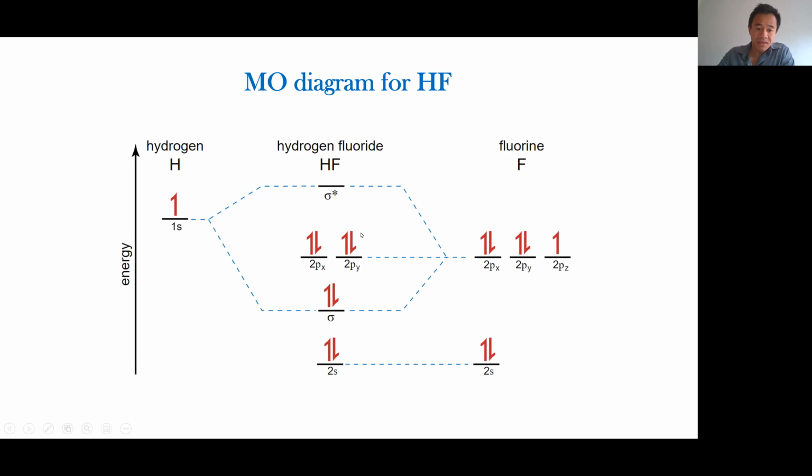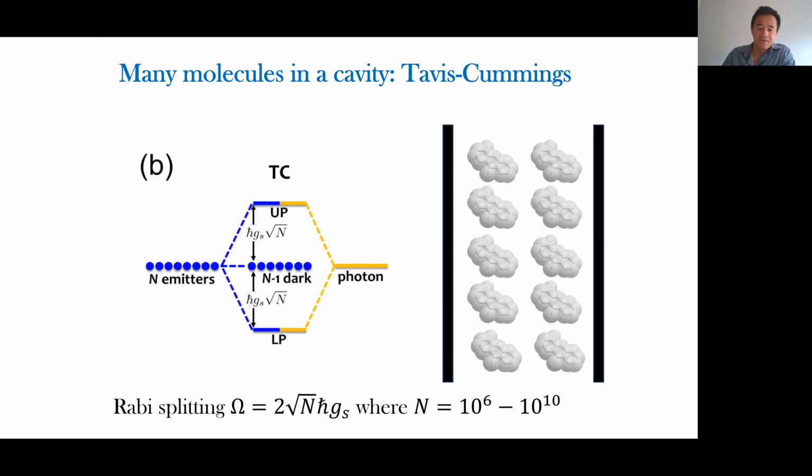However, the 2px and 2py states, they have no real overlap with the 1s orbital, and therefore they remain parked at the same energy as the original atomic orbital. So they are out of the party. They remain left out of the party. And they are called the non-bonding states. Okay, so if you understand this analogy, then the following